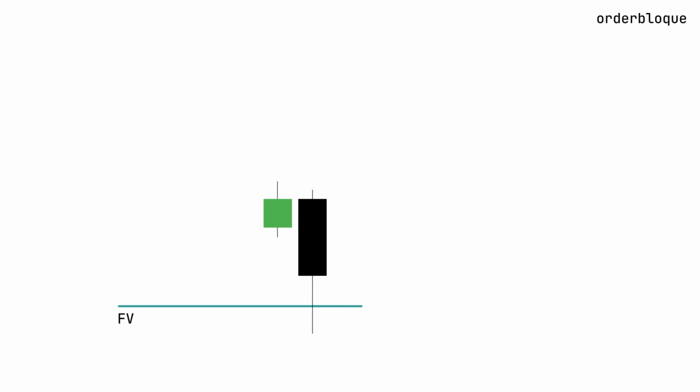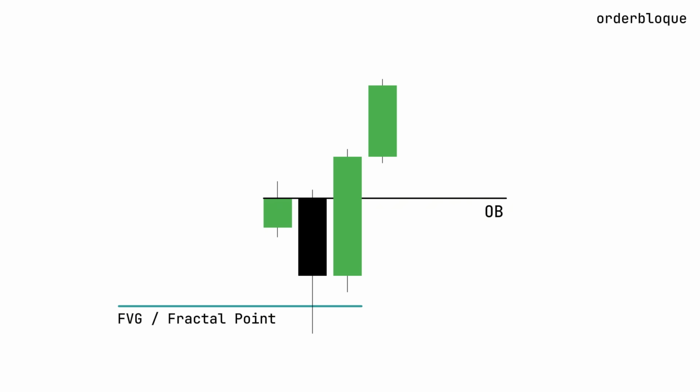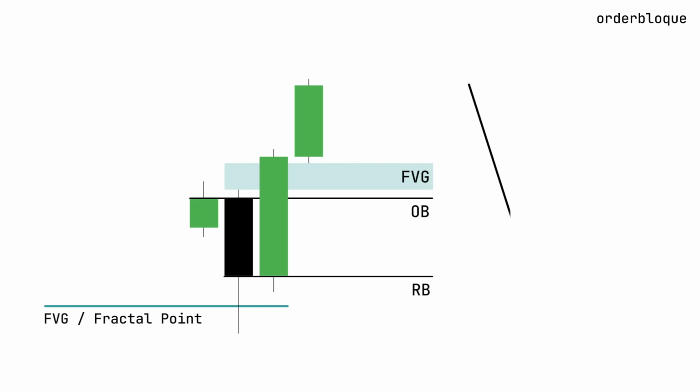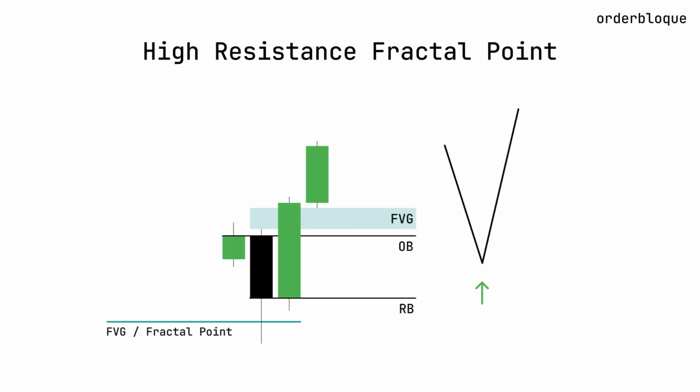The second criterion is the confirmation of volume through the formation of variables such as an order block, rejection block, or fair value gap, either on the same time frame as the zone itself or on a lower time frame. With these well-defined criteria and relying on statistical data, we can assert that upon retesting, the price is more likely to react and reverse in the opposite direction before reaching the invalidation point. This is the essence of the term high resistance.